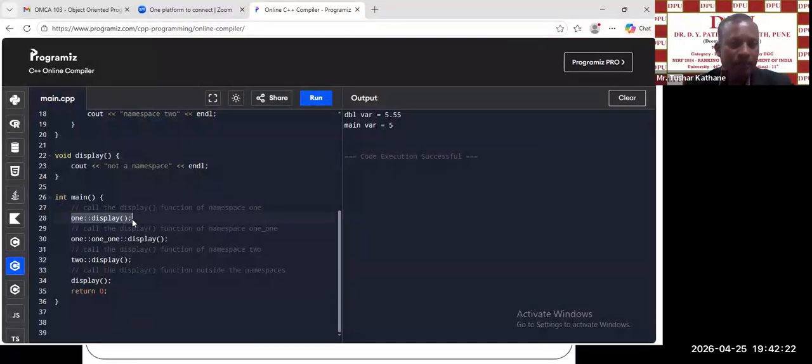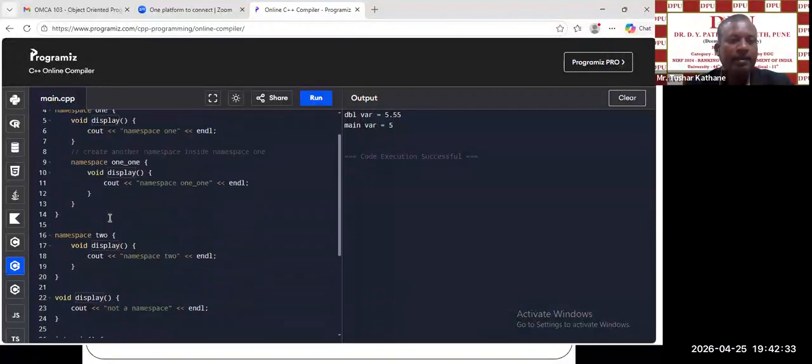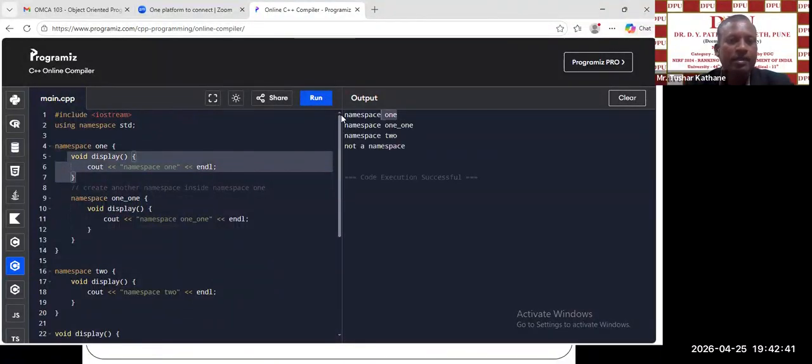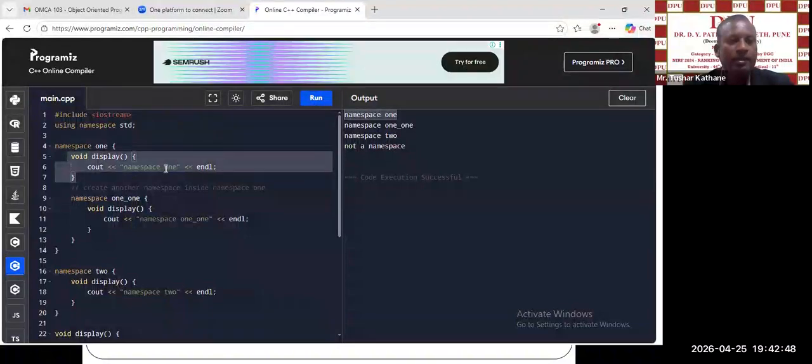So what will it execute? When the compiler comes to execute this function, it first takes the namespace named 1, and in that it will search for this display function. Definitely within this namespace 1 we have this display function, so it will execute this one. If we try to execute, see here, the first statement that it has executed is namespace 1. It means that this display function has been invoked and it has printed namespace